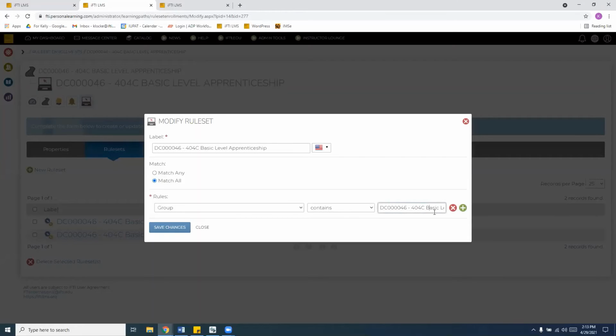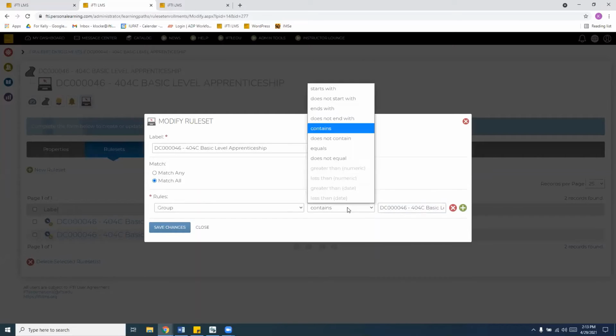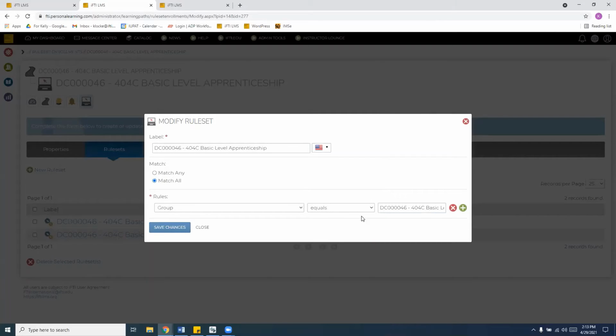If it only said contains DC 00046, then every group that would contain 46, that rule would apply. So in actuality, you probably want to say equals instead of contains, so it's very specific on what it's looking at. That is probably a better way to run that rule.